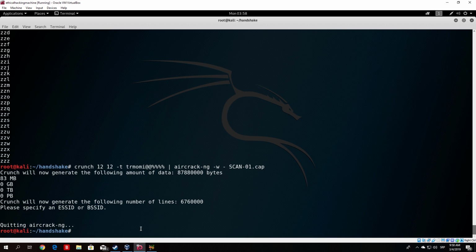Yeah, I wanted to show you this as well. It will say please specify an SSID or BSSID. We know that the ESSID is the name of the wireless and the BSSID is the MAC address of the wireless. Now, it would be easier for us to specify the ESSID, which would be just the name of your wireless. In my case, it is this one. You specify it with the -e option for the SSID, and then you just type here the name of your wireless network. Basically a simple name that you can check out on your mobile phone. Once you do that, you have this command right here, aircrack -ng -w and then minus and the name of the file that you've written, and then -e, and then the name of your wireless network. And if you run this,